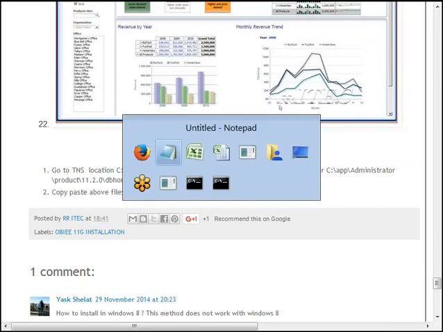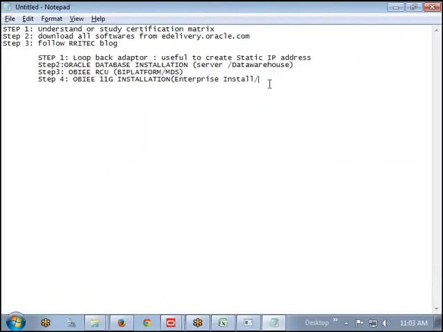Okay. Now let us go for Interface install. You have to do it. And TNS names file copy is required. These two things you have to do. TNS names file copy is required. Then